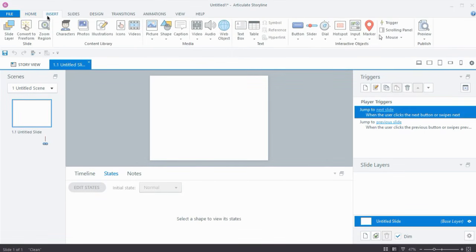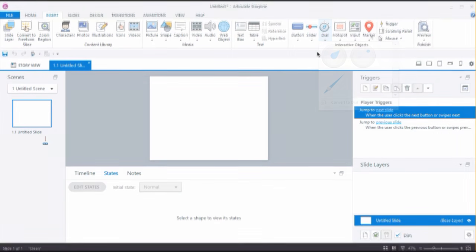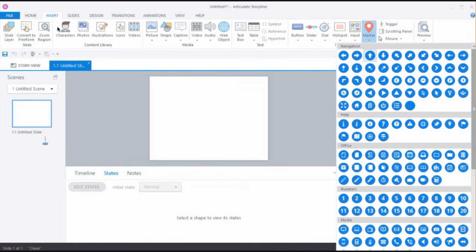Next, we go to insert. If you want to add pictures or any kind of media files to your slide, this is where you can do it. Here are some core groups. There is a slide group, the illustrations, media, and the text groups. And over here we have our interactive objects group. You can use them to insert buttons, sliders, and all the other interactive elements. Then we also have some pre-built markers to speed up the development process.